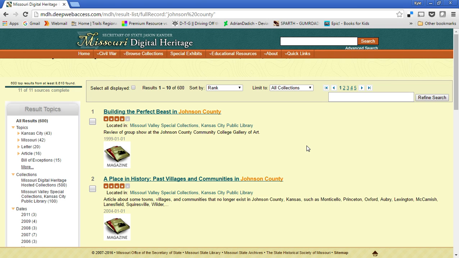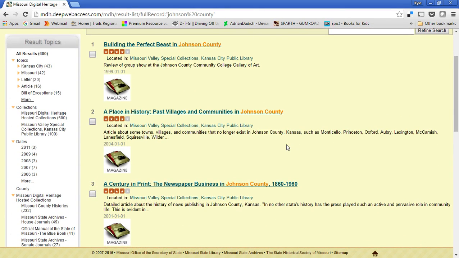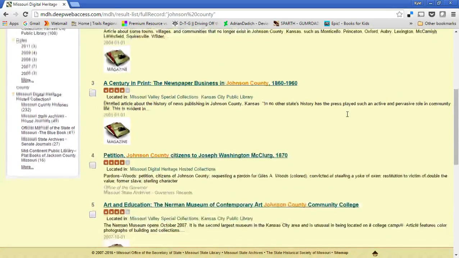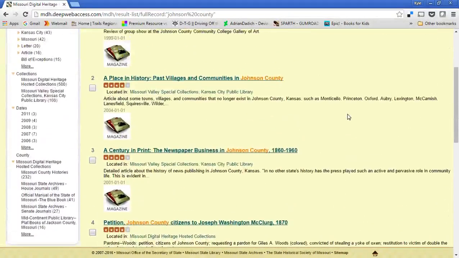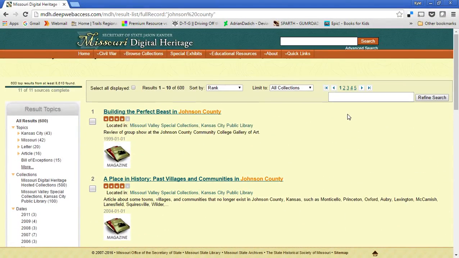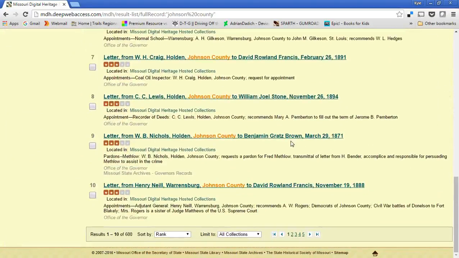And that's because it's only showing me where those two words are together in a phrase, rather than Johnson being somewhere in the text and county being somewhere in the text. So this is what a general search looks like, and something to point out: the stars here are meant to indicate relevance. So there's nothing in here that is actually a 5-star relevance, which is a little odd to me since they